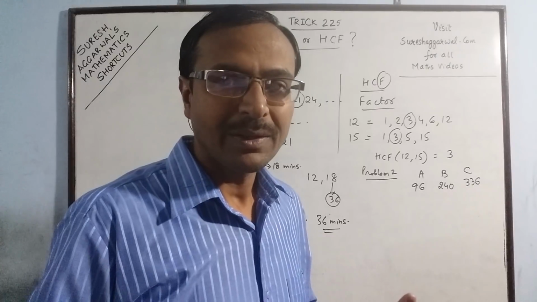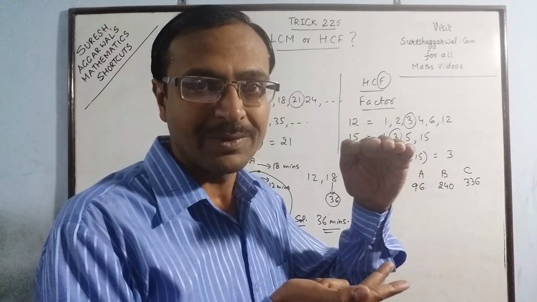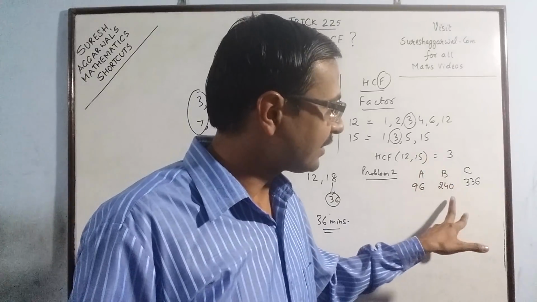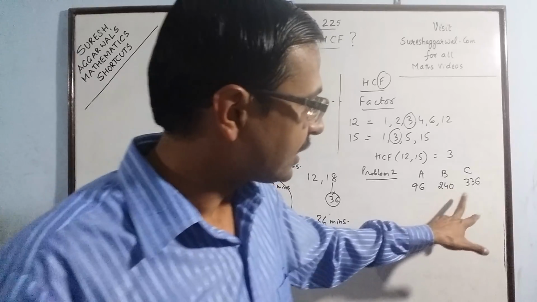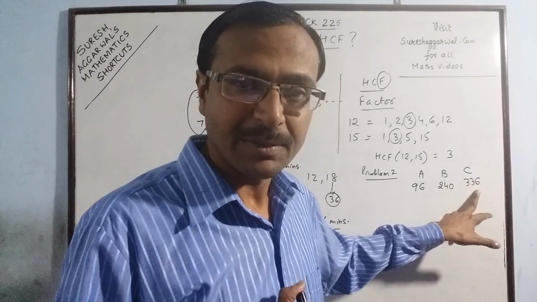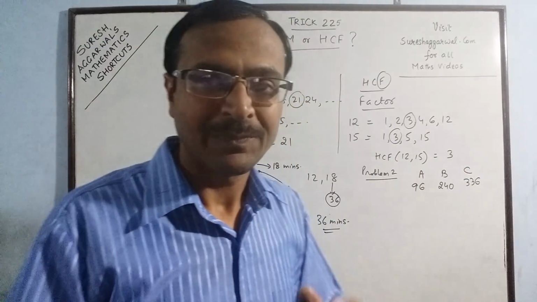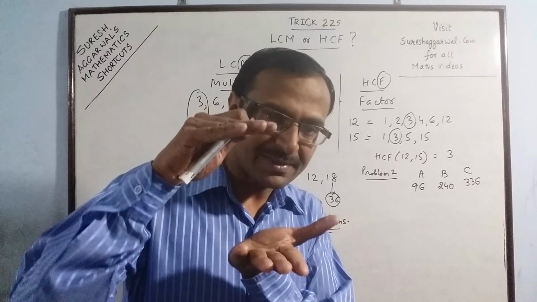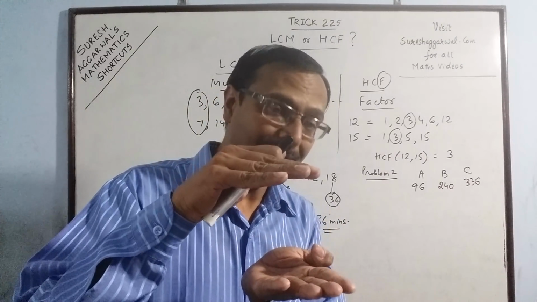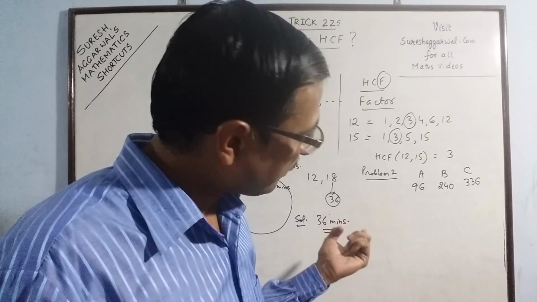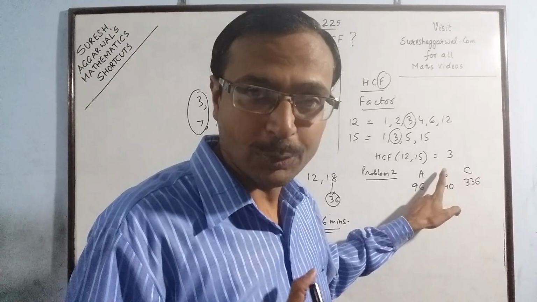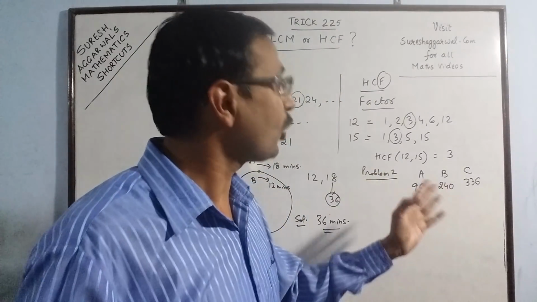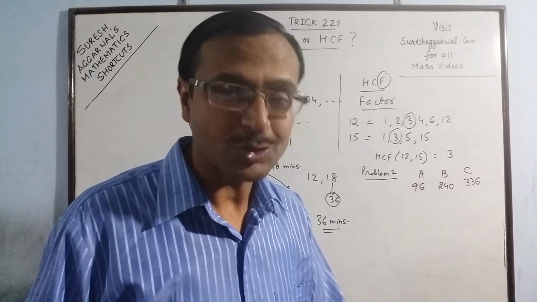So we need to find out the number of books in one stack so that an exact number of stacks are formed from the 96 books, and likewise exact numbers of stacks for 240 books and for 336 books. So the number of books in the stacks has to be the same. Now see, if 96 books have to be arranged in stacks, then obviously the number of books in one stack will be less than 96. The same number of books has to be there for B subject books and for C subject books. So that number of books in one stack cannot be more than the original number of books, obviously. So the answer has to be smaller than the